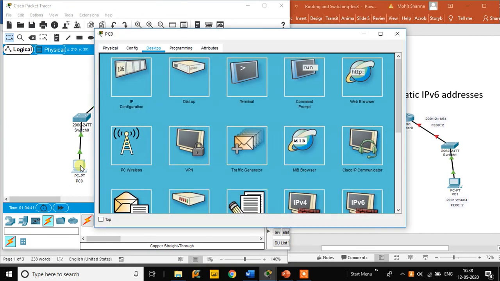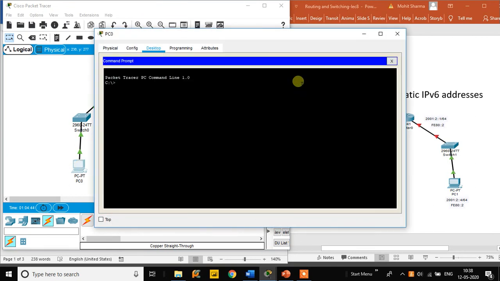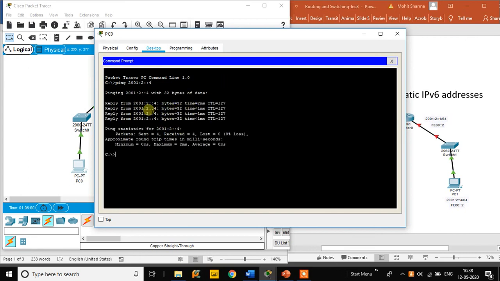Now we have to go to the PC0 command prompt and type the command ping 2001:2::4, which is my destination. The PC1 IPv6 address is 2001:2::4. Once you press enter, you are seeing the reply from 2001:2::4.